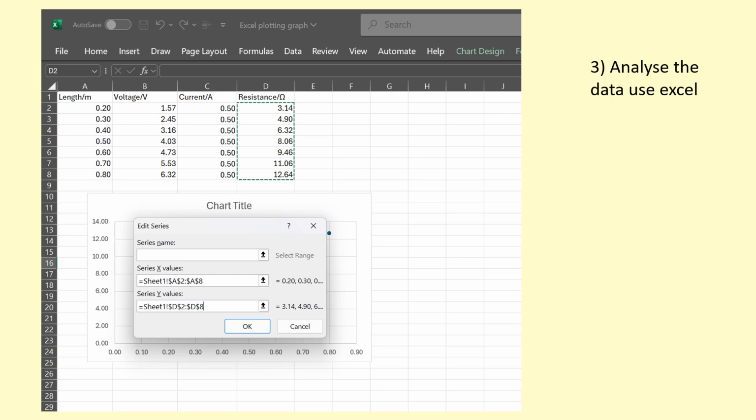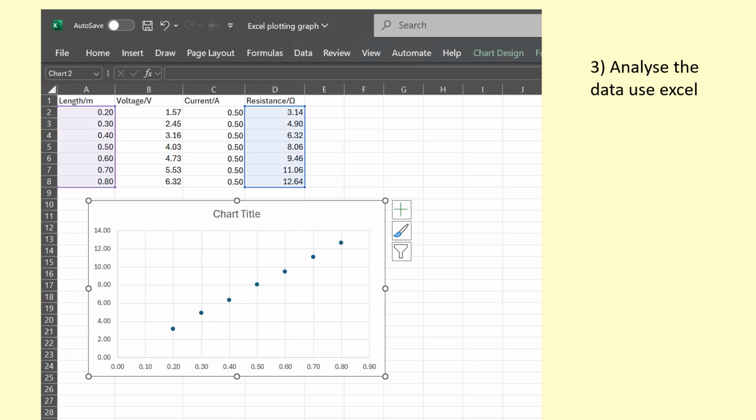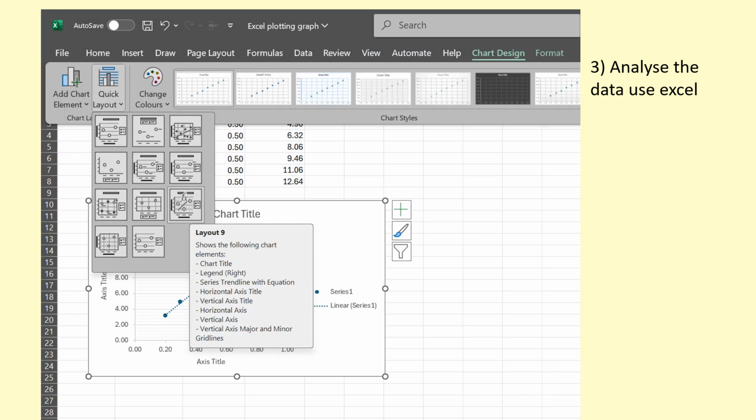Then press OK and OK, and your graph will pop up like this. So you've got a straight line, you can see, but nothing is labeled there. There's no X label, Y label, no units, the title's not clear. So we're going to simplify this by clicking on Chart Design, and you'll get a pop-up like this, and then